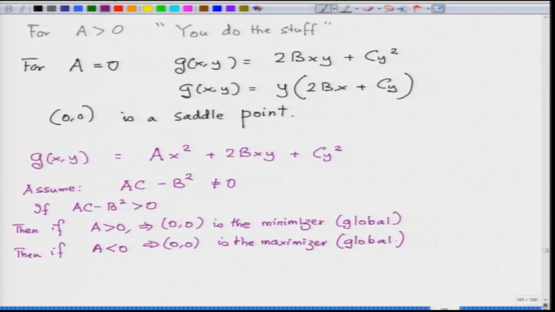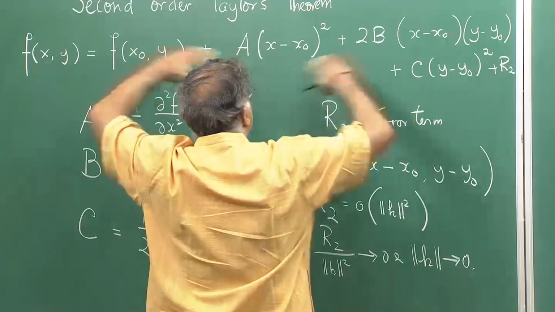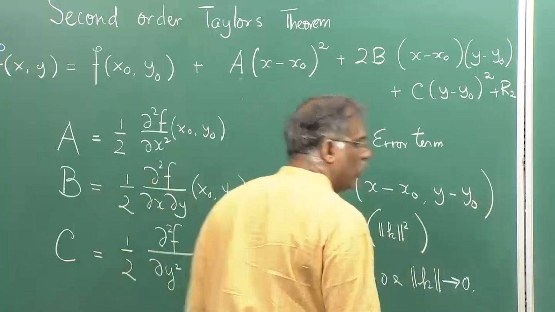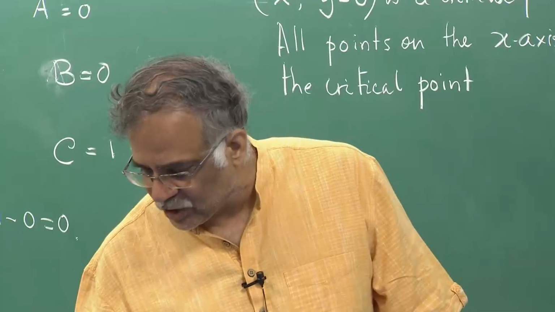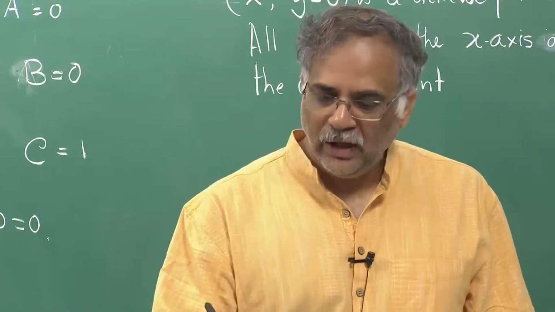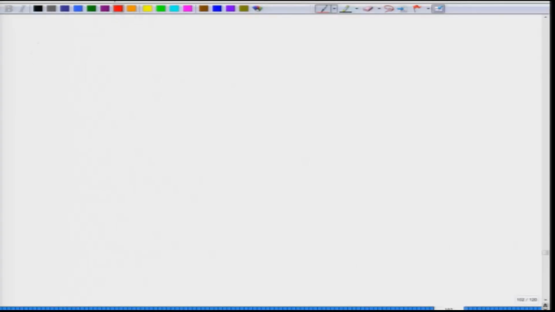Now, we will come to the case where in our expression we had x naught y naught, and we did not put x naught y naught equal to 0 0. Now, we will come to what is called the general form of the quadratic expression. So, what is a general quadratic expression? Now we will have a general quadratic expression where our g would be given as, we will write g tilde xy as some k. K in our case is f x naught y naught,